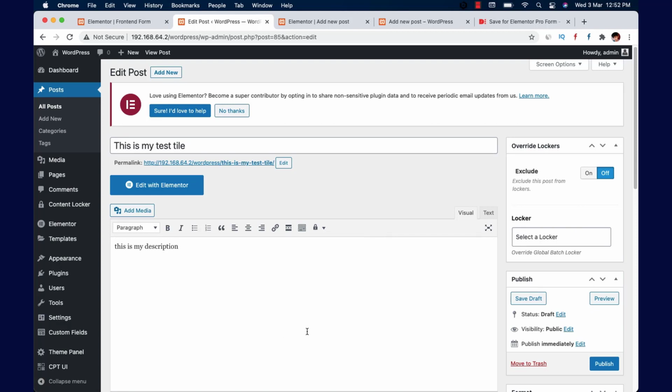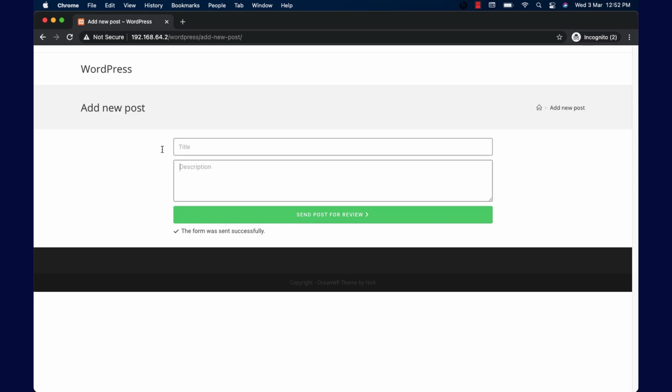So what is missing here? The missing thing is that I am not getting the normal editor, where I can bold, italic, underline anything, create a link out of it.